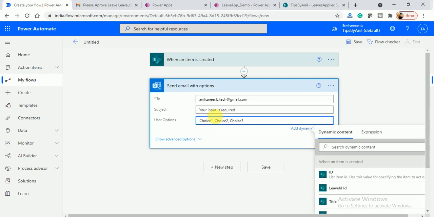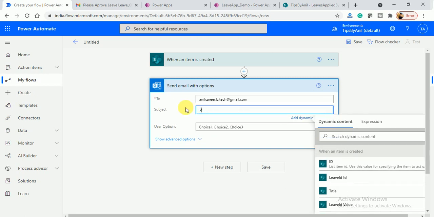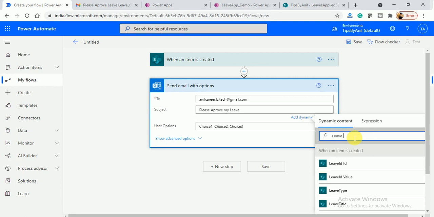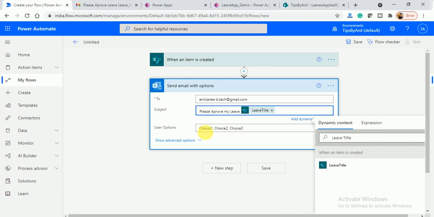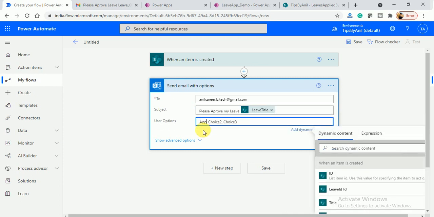Now, the subject is your choice: please approve my leave, and here will be the leave title. Now in the choices, the first choice is approve, and the second choice is reject. I don't have any other choices.